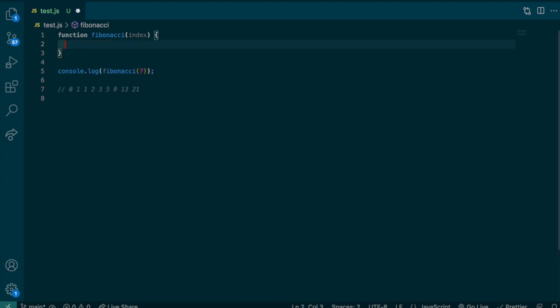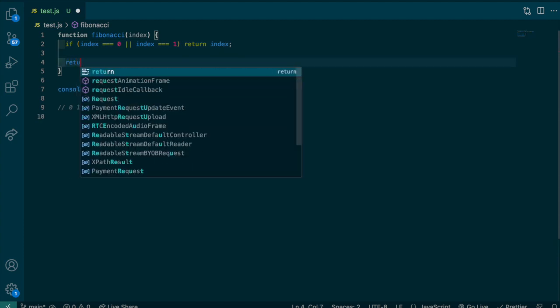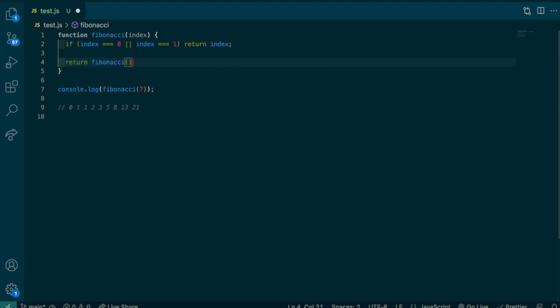The first thing I'm going to do is set up an edge case. So I'll say if index equals 0 or index equals 1, return index. So this is going to be the base case that will cancel our recursive call if our Fibonacci function is equal to 0 or 1. And if that is not the case, we're going to return Fibonacci. We're going to put in our index, we're going to subtract 1, and then we're going to add Fibonacci index